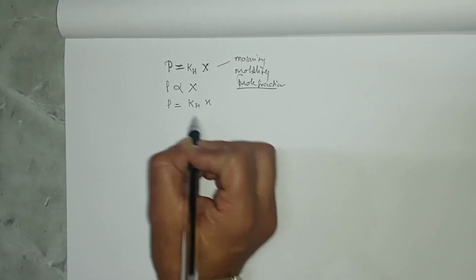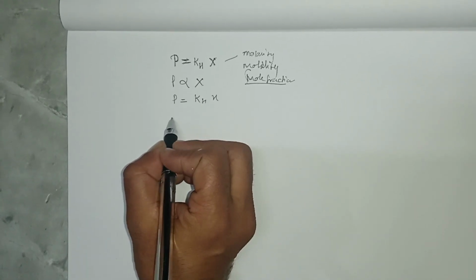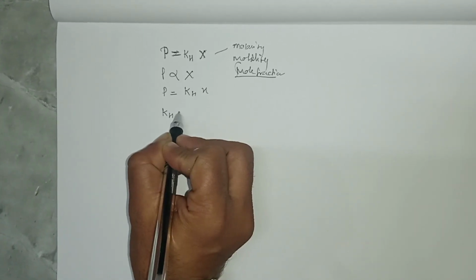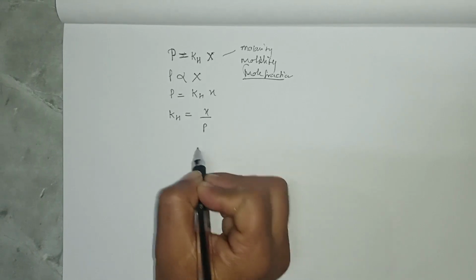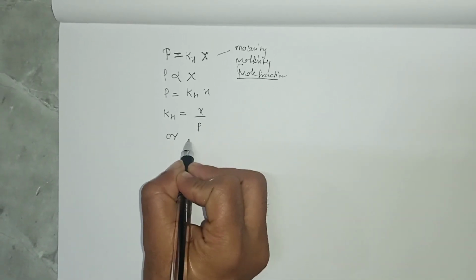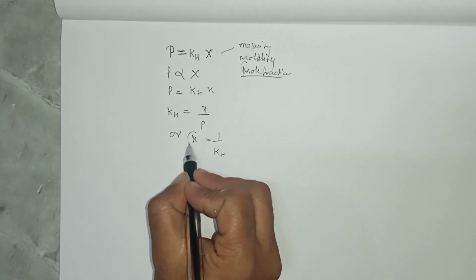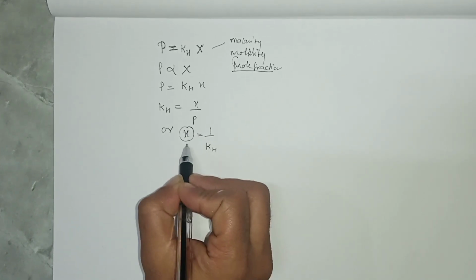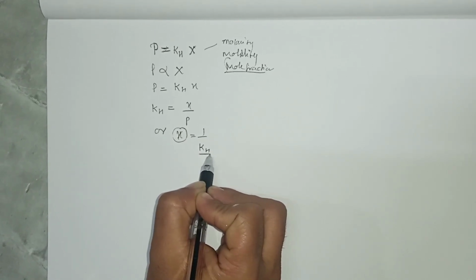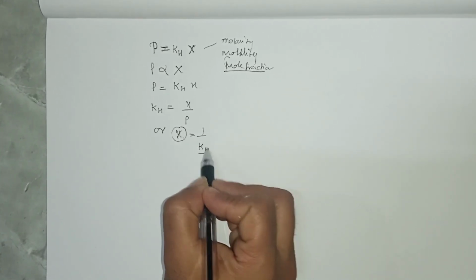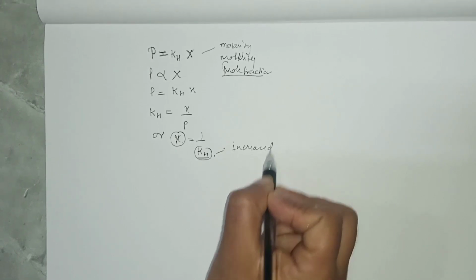the Henry constant. Now if we use a mathematical concept, we can say that KH is equal to X by P, or X is equal to 1 by KH. This solubility, or mole fraction, is inversely proportional to the Henry constant. The value of KH increases with increase in temperature,